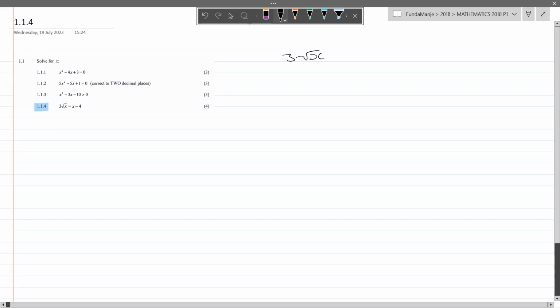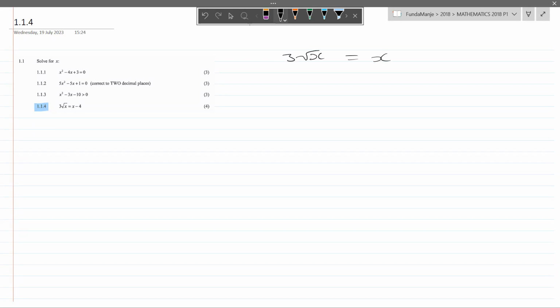So with 1.1.4, we have a surd or a square root. And whenever we have a square root, it's important that at the end of your calculations, once you have your answers, you verify all your answers to make sure that there are no false answers. So in this case, our first step would be to get rid of the square root by squaring on both